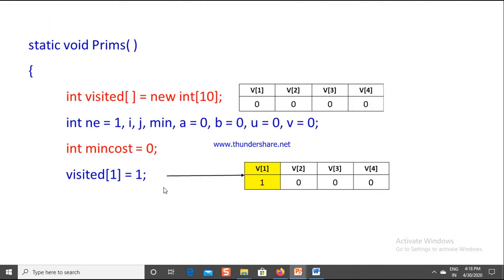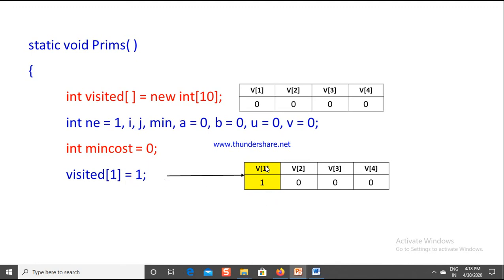Then come to your Prim's function. As I told you, initially we make the starting vertex a visited vertex. Here are some initial declarations and initializations. a, b, u, v are considered as 0 and min cost as 0, and I make visited of 1 as 1.